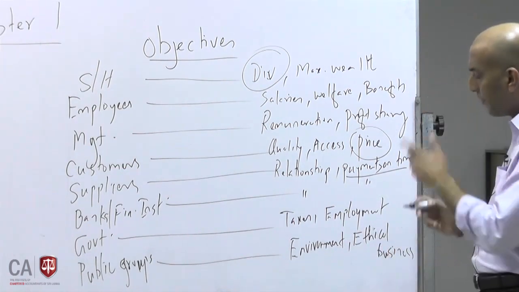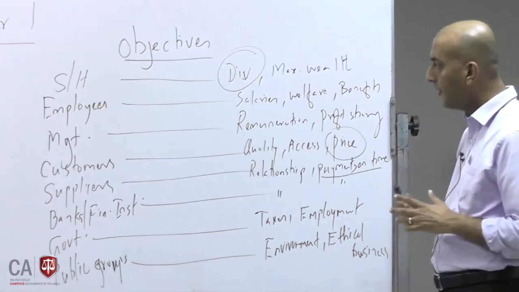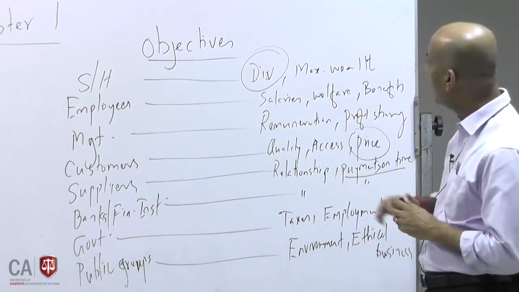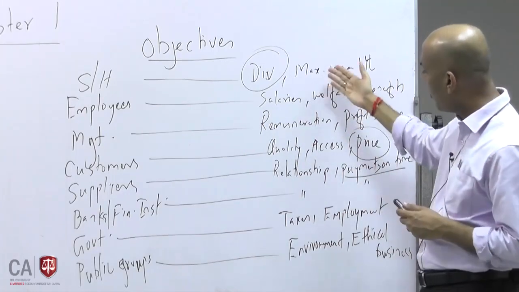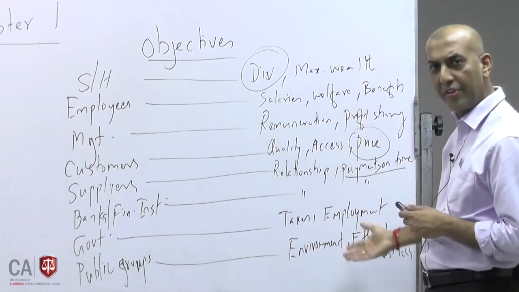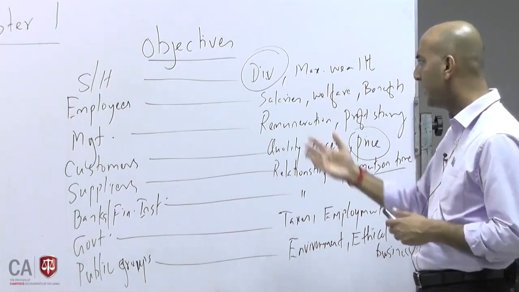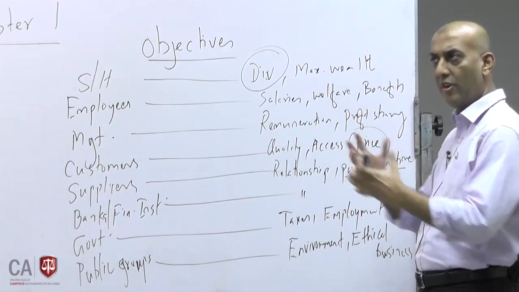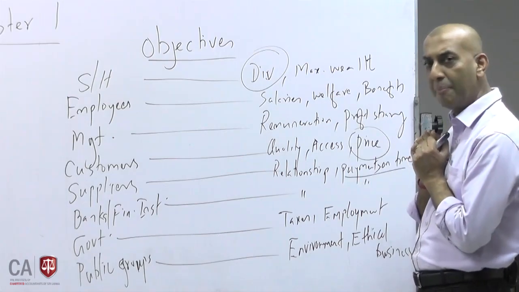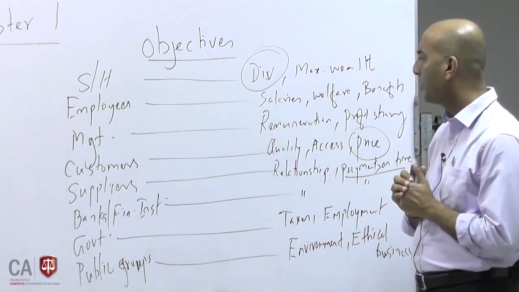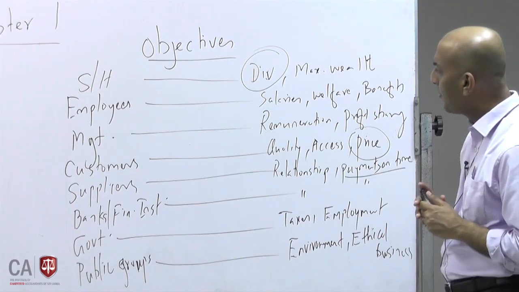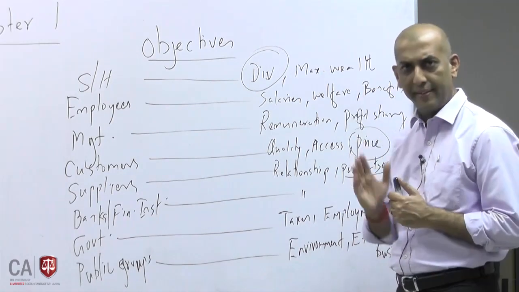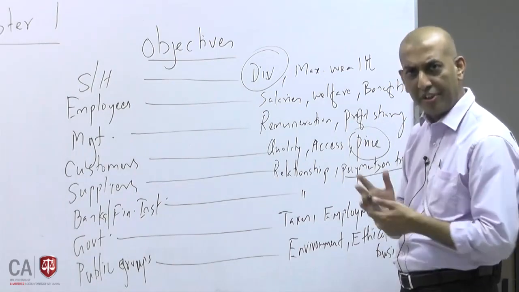So please note, there are various stakeholders in any company. Each of these stakeholders has their objectives. All the stakeholders have their objectives. I just mentioned 2 objectives for each person, but it can be more than 2. So each one has an objective. He wants to get something from the company. So these are some of the objectives. Now the question is, are these objectives on the same line or in the same direction?